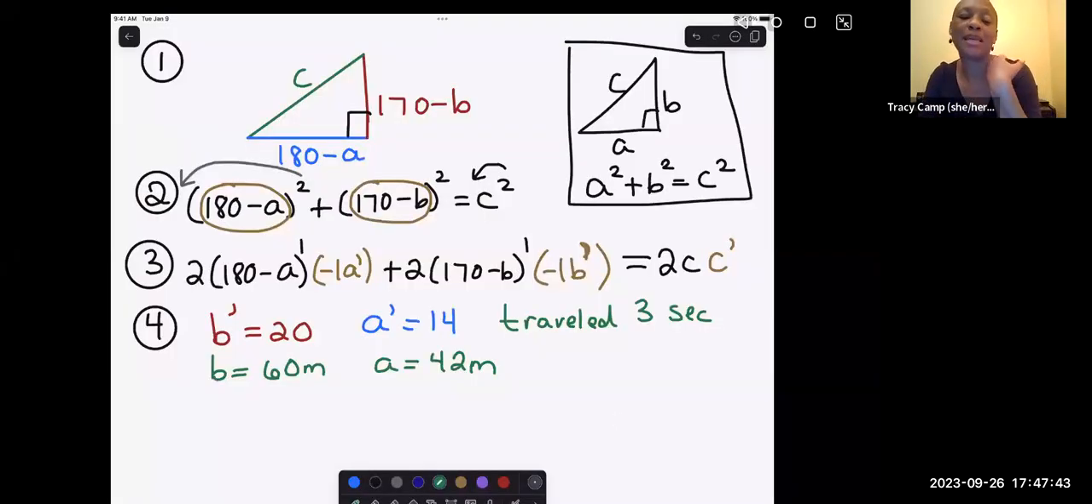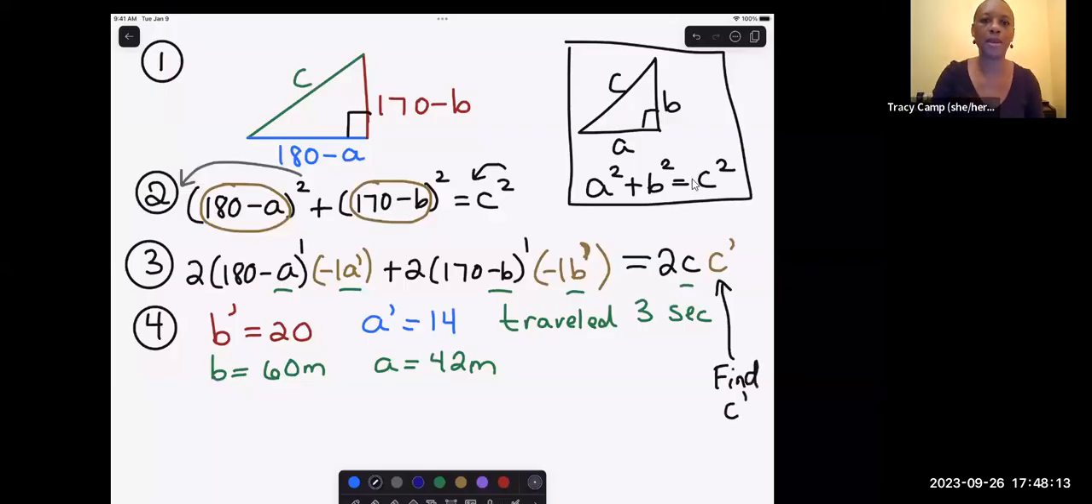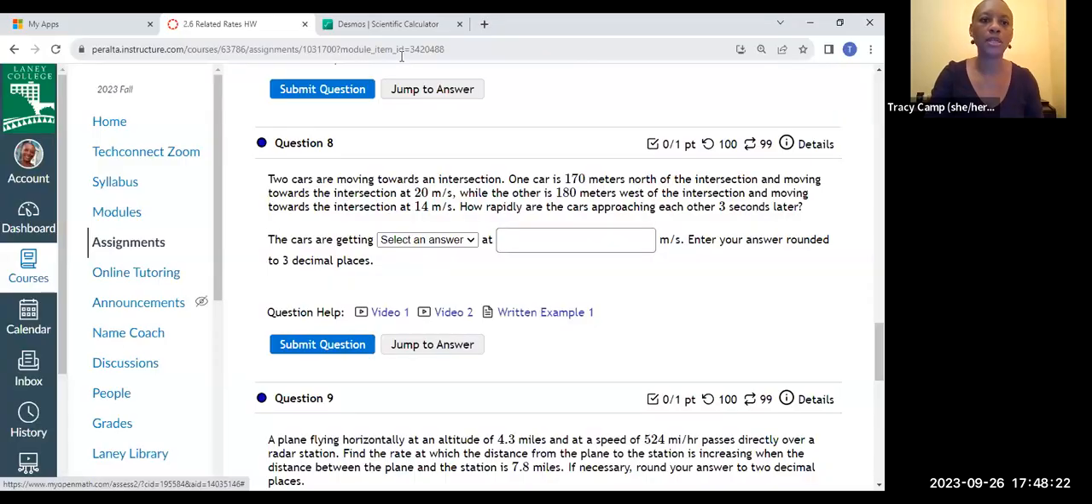So the reason I just made that sound of exasperation is that I was like, oh, we have everything that we need. We have our A, we have our A prime, we have our B, we have our B prime, and then I was like, we don't have our C. And basically our job right now is to find C prime, because going back to the problem, it's asking how rapidly are the cars approaching each other,